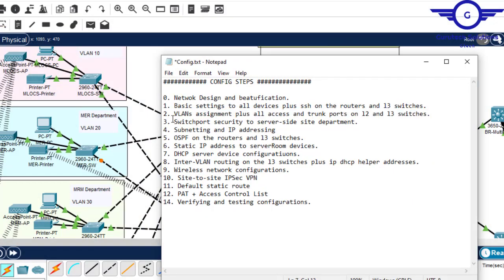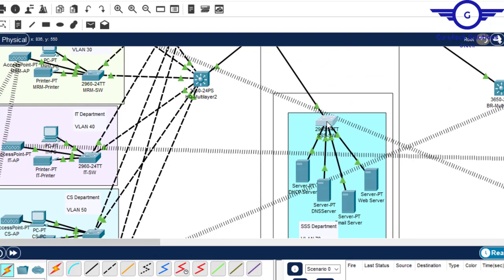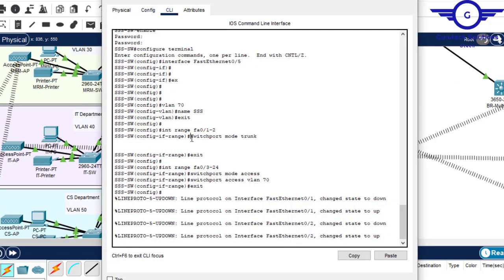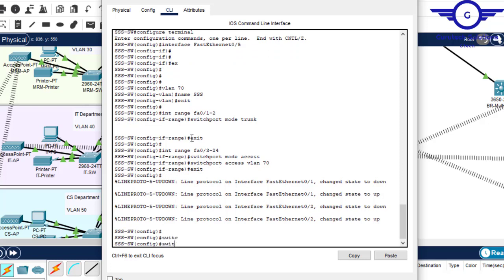Alright, so guys, number 3, switchport security on the server side department. So we are going to the server side department to configure switchport security. Alright, so how do we configure switchport security? The first command is switchport